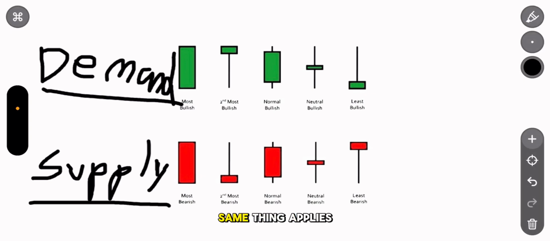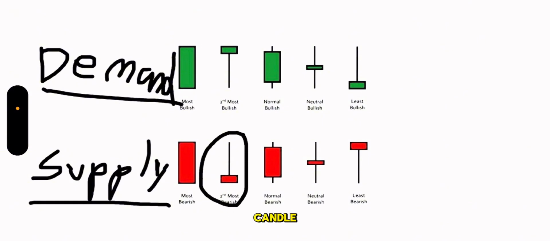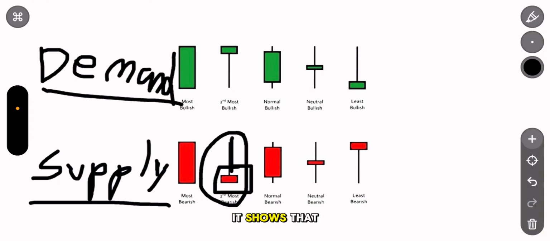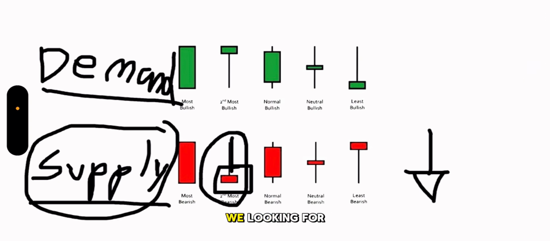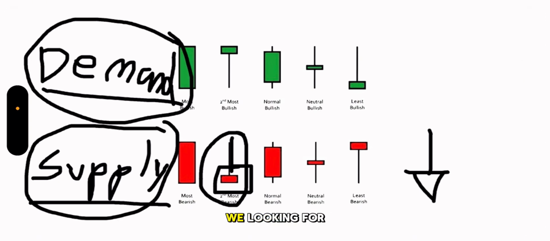Same thing applies for the supply setup, just the opposite way. If price goes to your supply setup and then it gives you this candle, right? It goes to your zone and it rejects that, it doesn't want to go up, and it closes below, it shows that sellers are stronger in the market and momentum is pushing downwards. It's most likely going to push downwards. So that's a good indication that price is going to go down, right? For supplies, we're looking for price to go down. For demand, we're looking for price to go up,